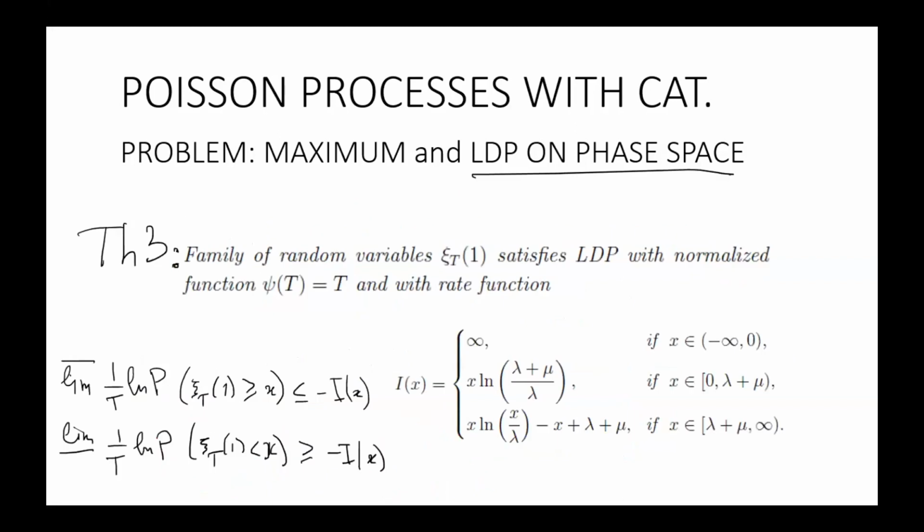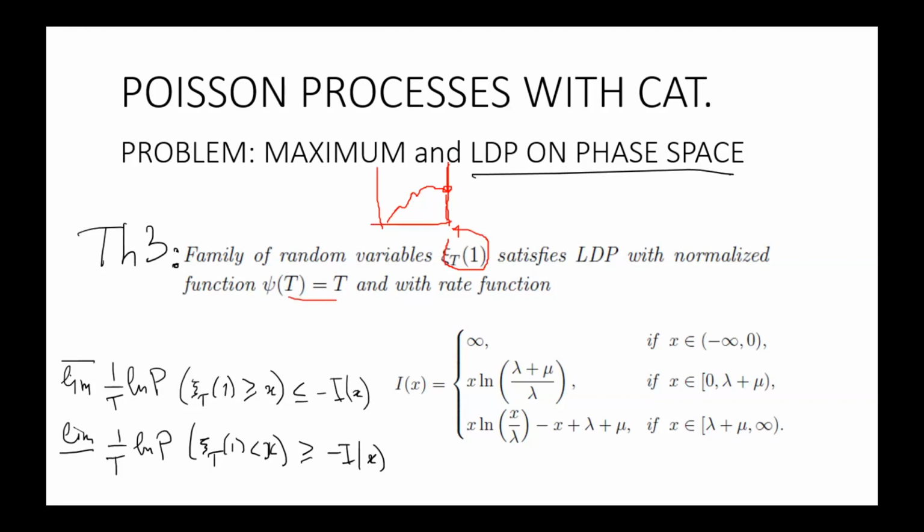Another result is about the large deviation principle on the phase space. What does it mean in this phase space? It means that I look at my process only here, at the last time. So in this space-time, in the phase space, I am interested in the large deviation principle. The family of random variables satisfies the large deviation principle with normalizing function